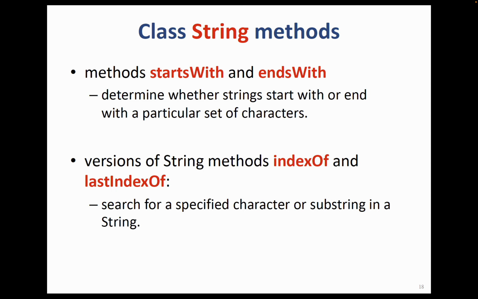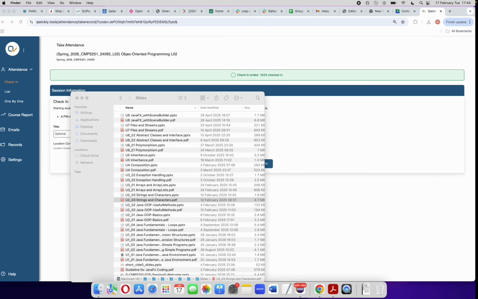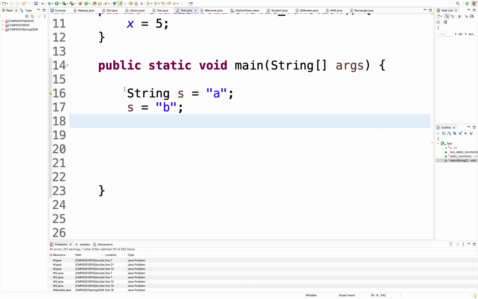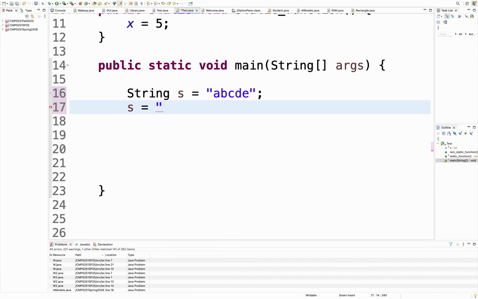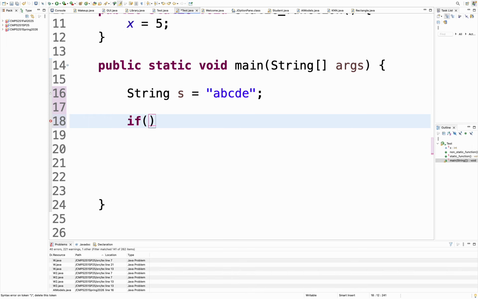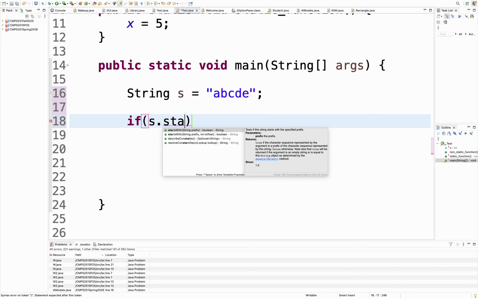The other one is startsWith, endsWith. These are very popular functions. I think they are very handy, with very common use cases. startsWith basically checks whether this string starts with a given substring. Like if we have A, B, C, D, E, then I just want to say, okay, if S starts with